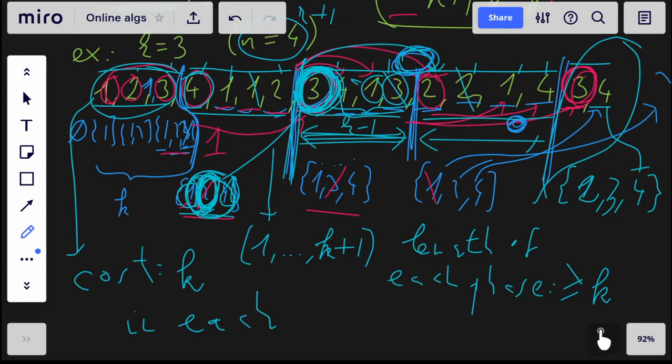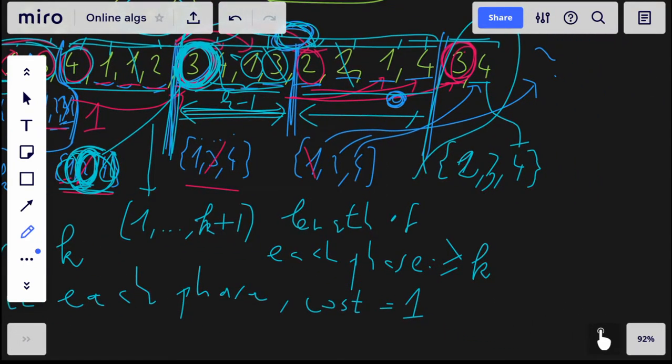This is an important property of the longest forward distance algorithm. In each phase after the first, the cost is exactly one. So in the first phase I have cost k, and then the number of phases, well,